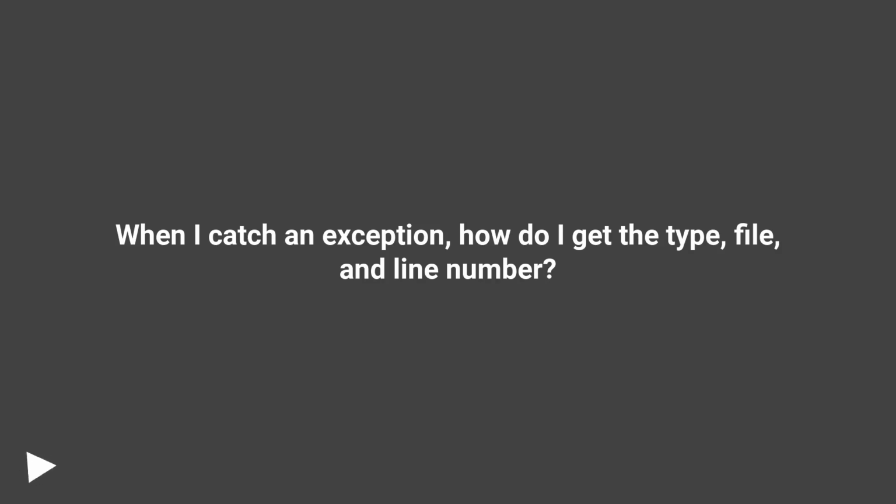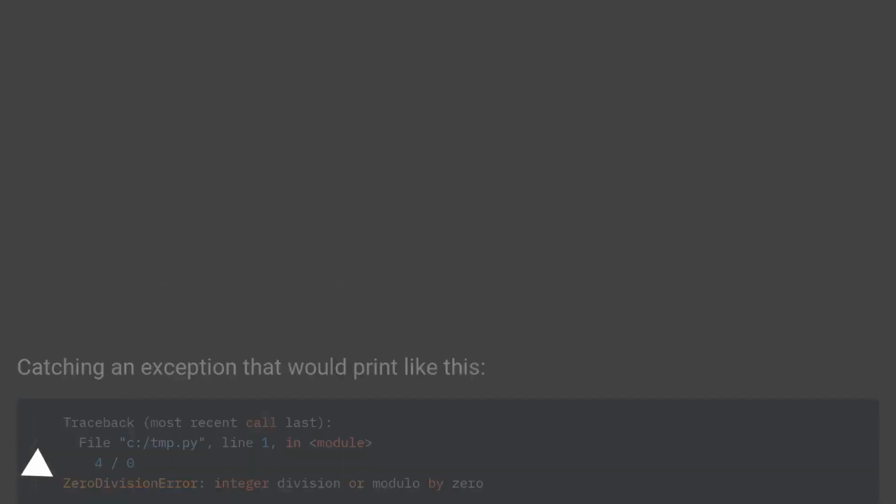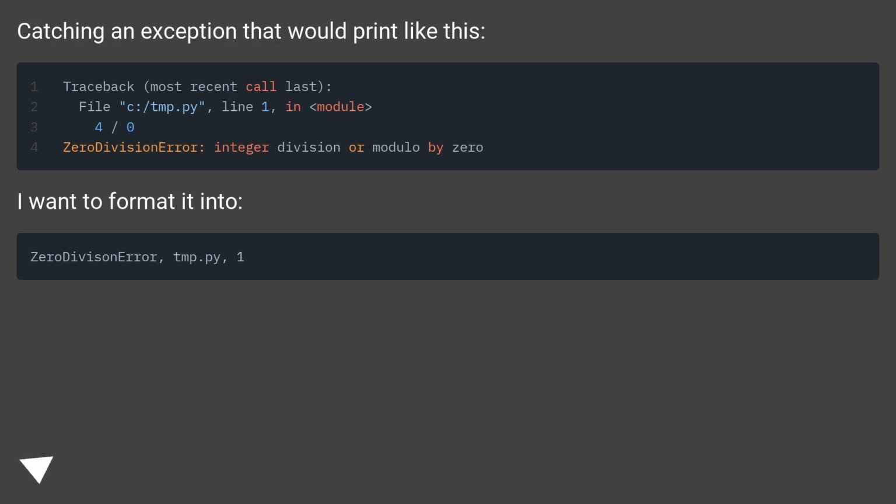When I catch an exception, how do I get the type, file, and line number? Catching an exception that would print like this. I want to format it into